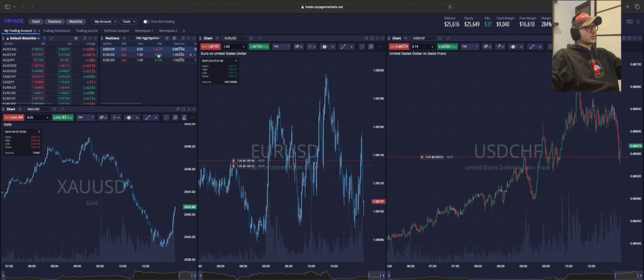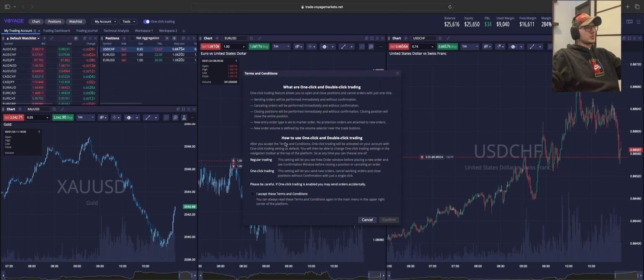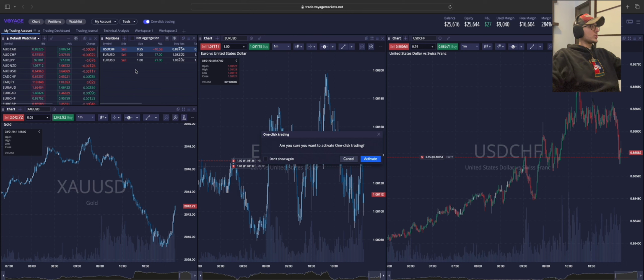As you already see from the drawdown, we're already a little bit in profits, but we're not going to care about that too much for now, because one thing that's quite important, if you want to enter the market more quickly, you would be able to just click on one-click trading up here in the corner next to tools and my account, and then you would get this pop-up because it will be performed immediately without confirmation. You would confirm this, and now if I would just go in here and take 0.01 lot,